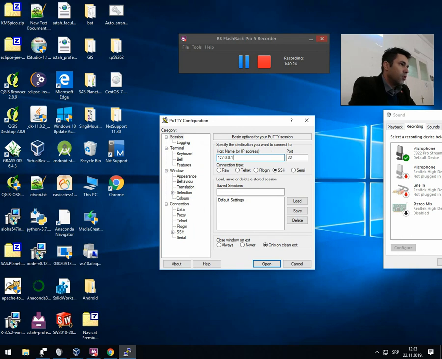127.0.0.1. Yes, so local loopback address. So we basically connect, you know why? Because this PuTTY